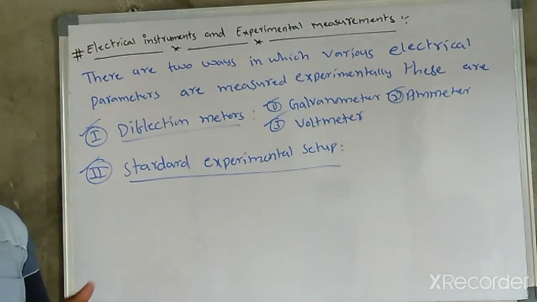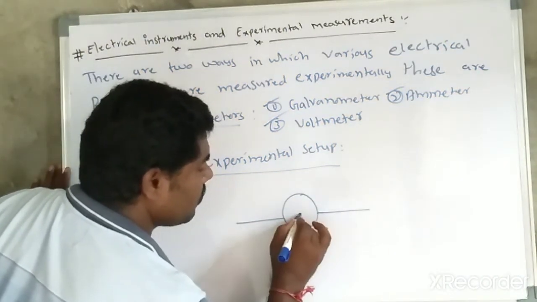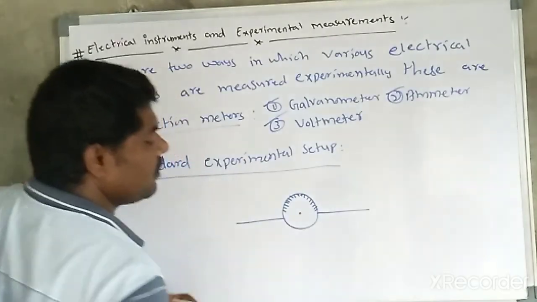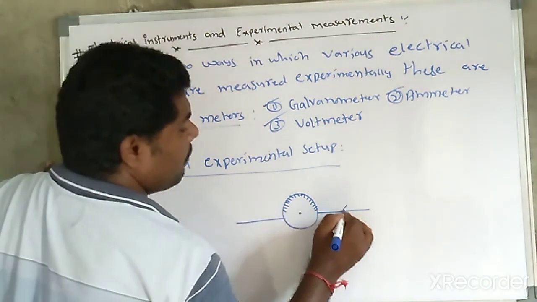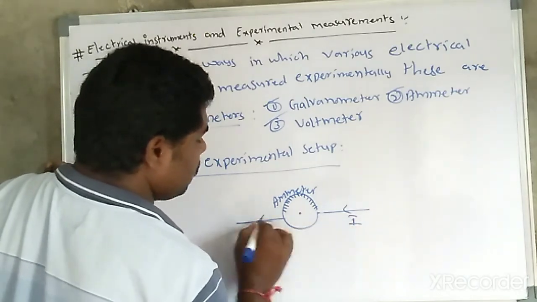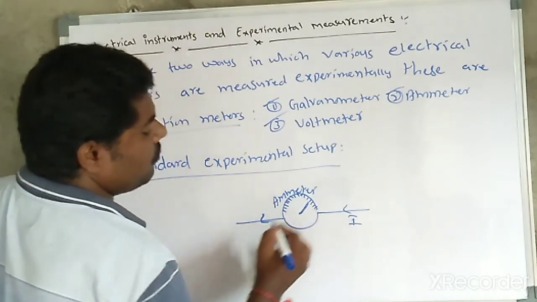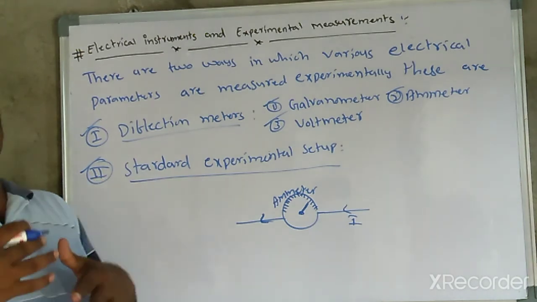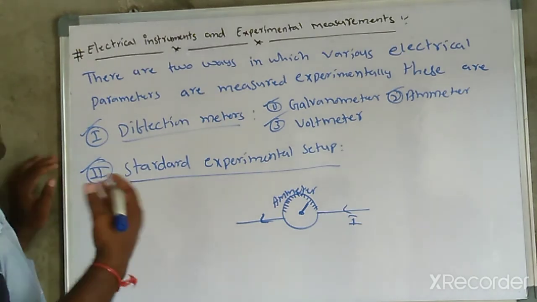For example, here I am taking one ammeter. So this is the connecting wire, and here the reading scale is there. Whenever the current passes through this ammeter, this is the current direction. Whenever the current moves like this, due to torque this needle deflects. It means when a current is passed through a deflection type meter, its needle experiences a torque on it.